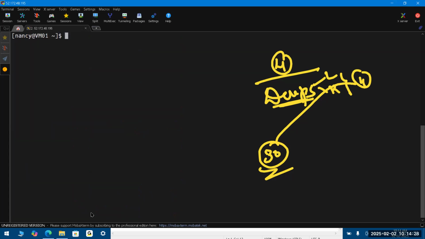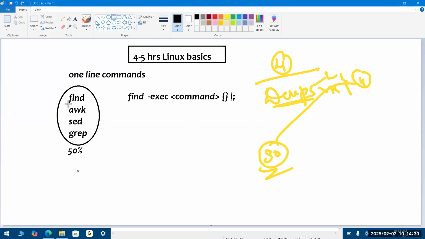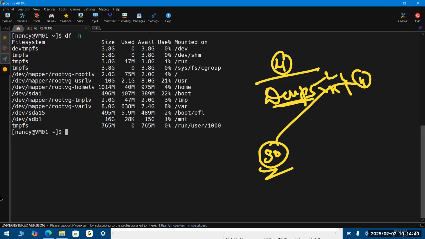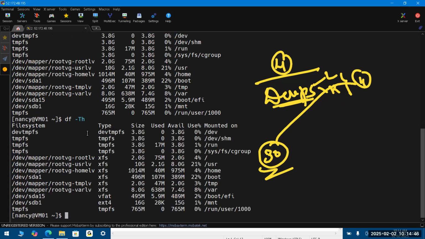So only find these four commands. Remember, the awk command is the ultimate one. You can create magic only with it. For example, we cannot complete the awk command in a two minute explanation. For example, I have this disk space information, otherwise human readable, so the file system is also available. My intention is I want to print